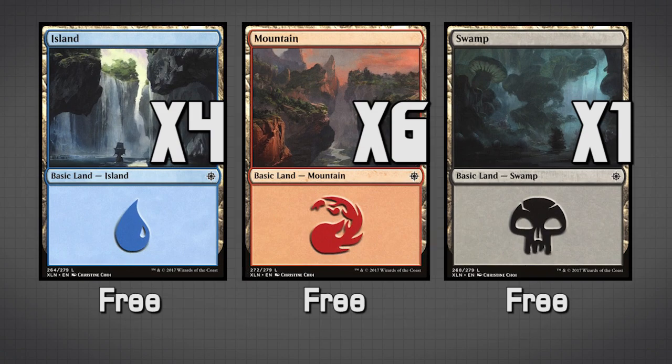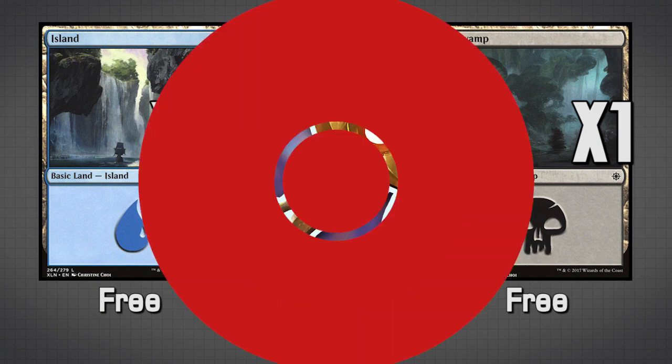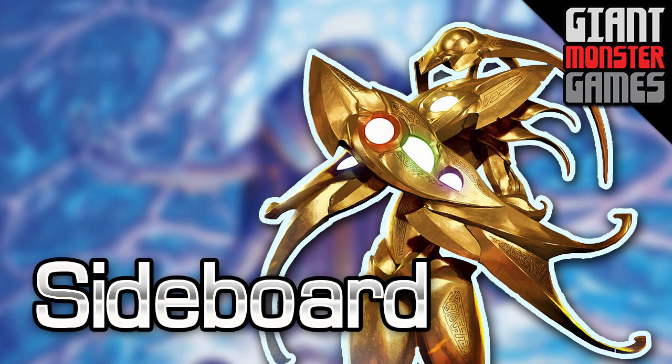We have islands, mountains, and swamps. Not that surprising. Even though we don't generally need them, we need them in a couple fringe cases. Mountains are obviously the most important in this setup. Now, if you're going to take this deck out to F&M, you're going to want a sideboard, so let's talk